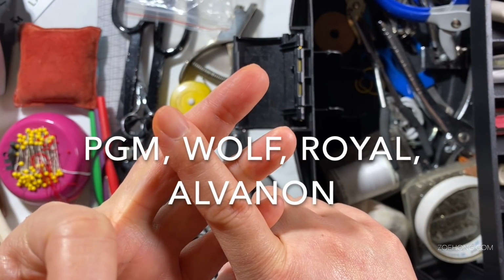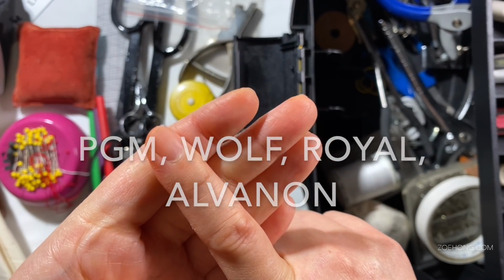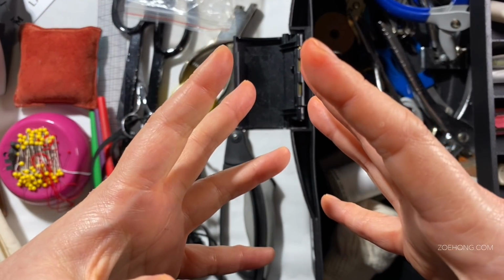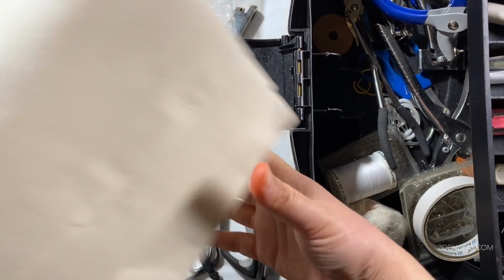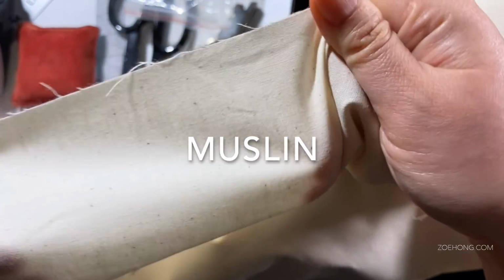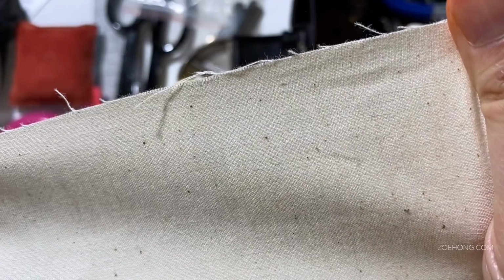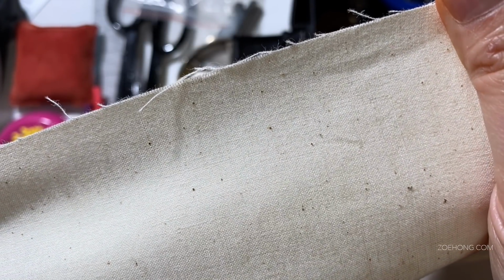Alva, I think, are the ones that look the most like human bodies, followed by Royal. Royal have padding systems so that you can personalize your dress forms as well. So those are some brands to look at. Of course, with draping, you're going to need muslin. Muslin is a cheap, unbleached, undyed cotton basket weave, just simple, plain fabric you use to do your drapes in,